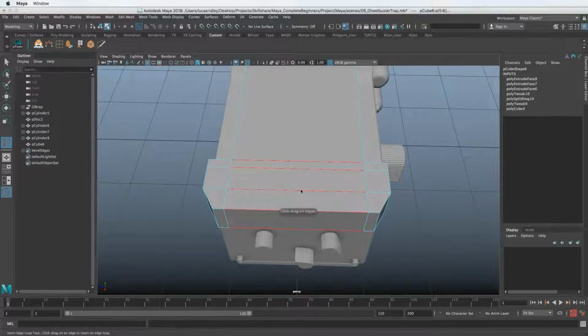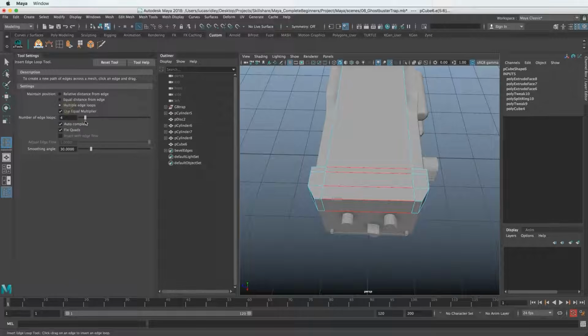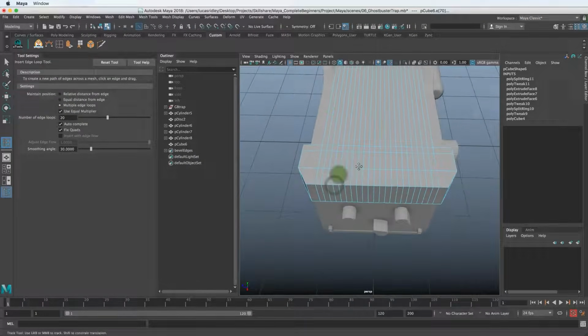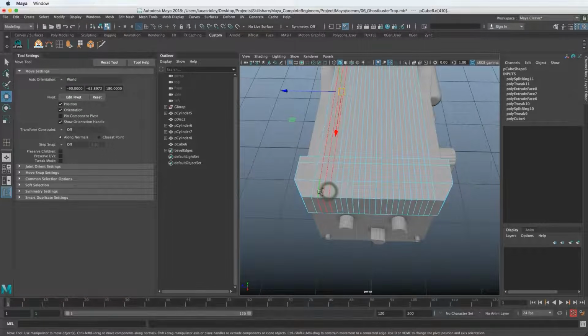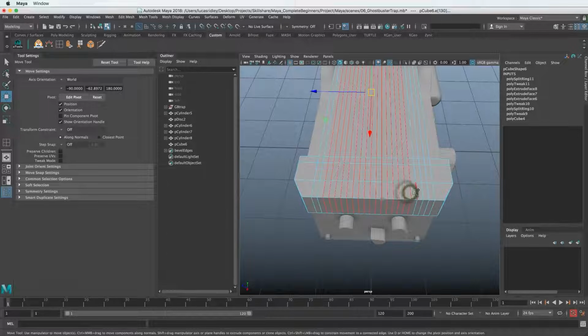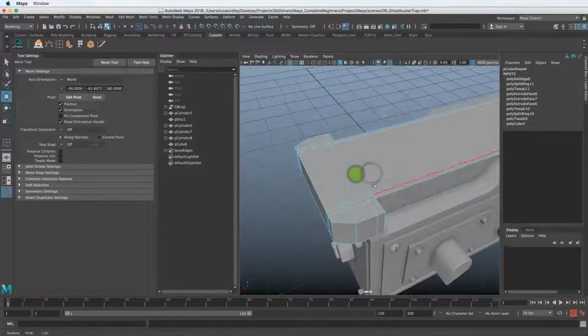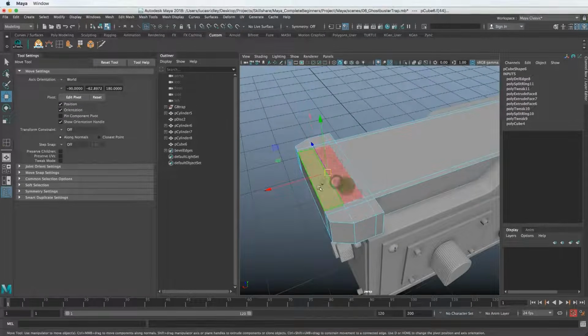So to get an even edge loop on both sides, I'm going to go back into the tool and turn on multiple edge loops and crank this up. And there we go. And then just double click all of these. Actually, that's the one we want to keep. So I'm just shift double clicking all of these really quickly. And it may seem tedious, but it's a surefire way to know that they're evenly spaced. So I'll leave that last one, shift right click, drag, delete edge. And now we have that kind of buffer that we can extrude this other piece from.